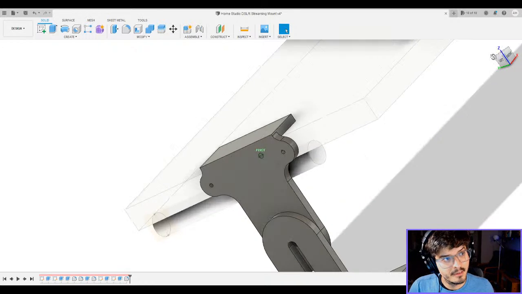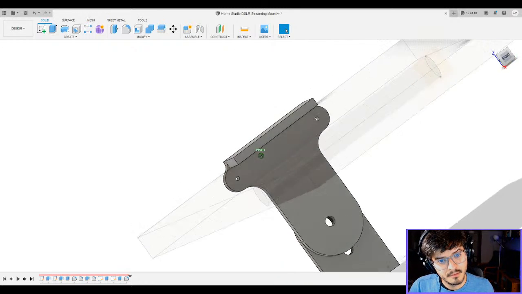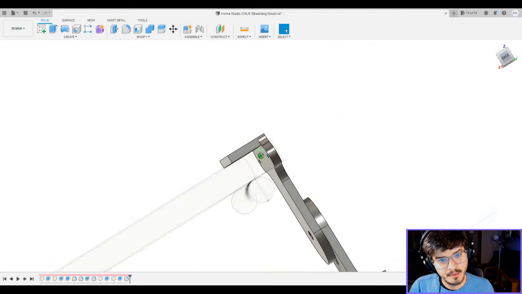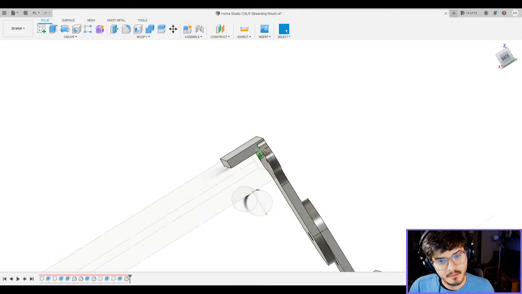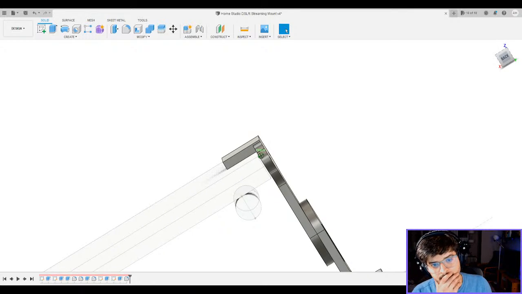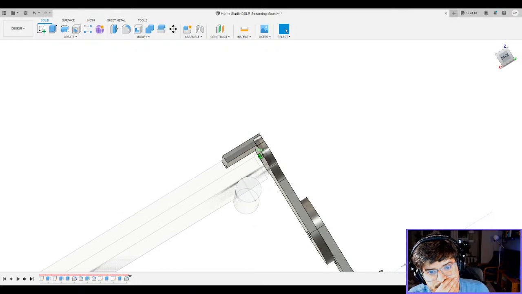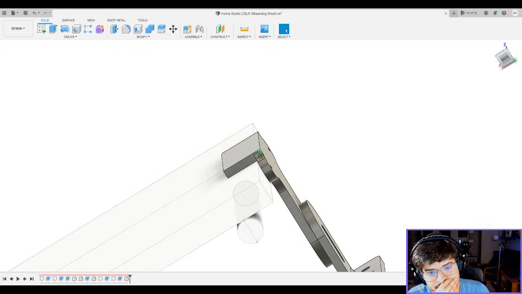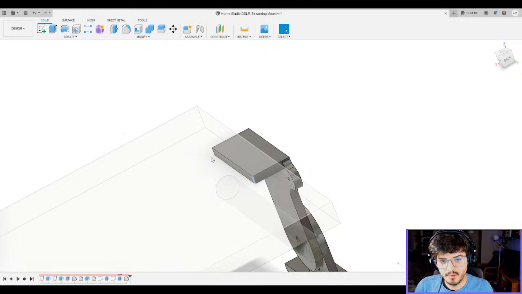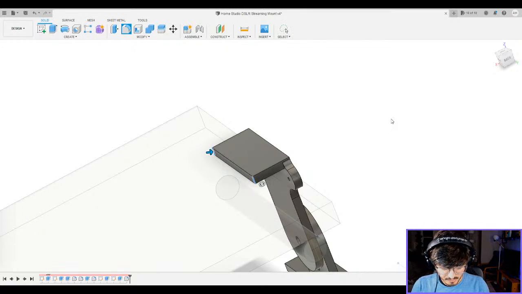And then okay, I'm going to round these corners as well. Let's do 1/2 inch on that.